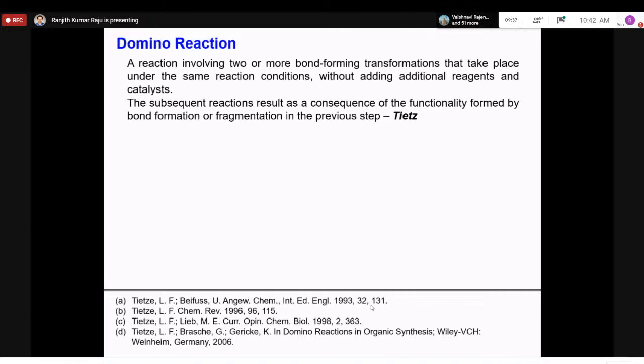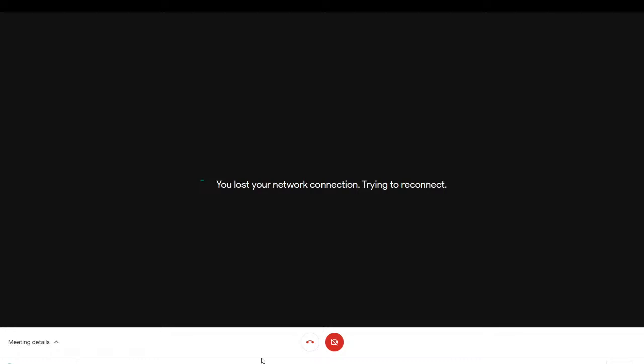those kinds of reactions are called domino reactions. So the domino reactions should start from at least one particular reaction, and the subsequent reaction takes place from the result of the functionality formed in the previous step. So there should be